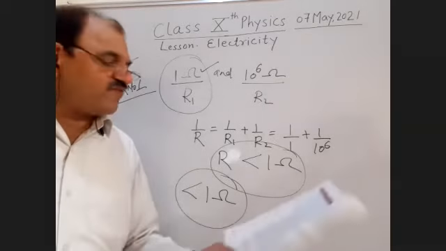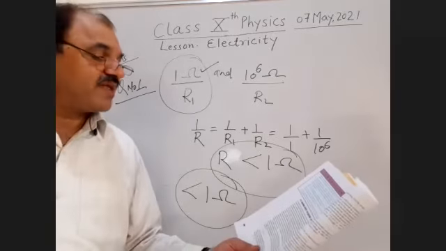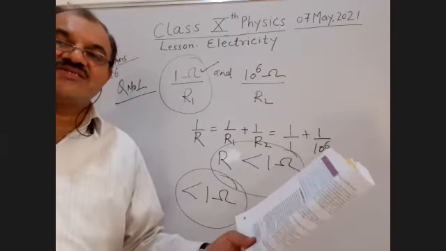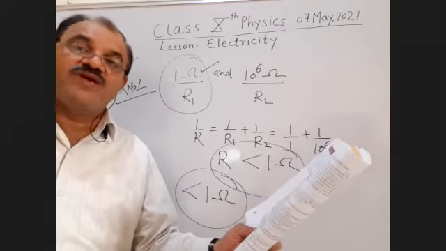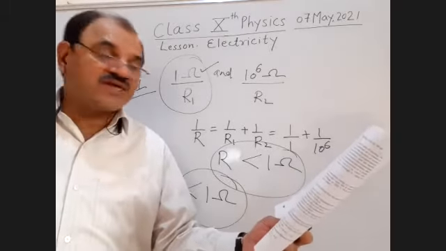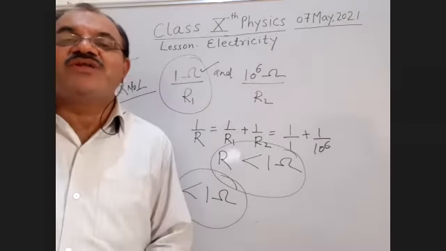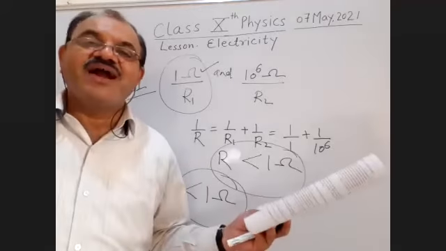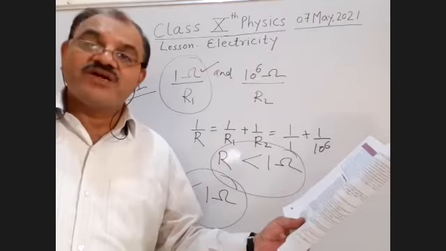Now, students, we will go further to question number 2. I'll read the statement first. An electric lamp of 100 ohm, the resistance of the electric lamp is given as 100 ohm. A toaster of resistance 50 ohm, the second appliance is a toaster. And a water filter. You might have seen there are two types of water filter: one is manual, and the second runs with the help of electric supply. Nowadays they are called RO also. They require electric supply.